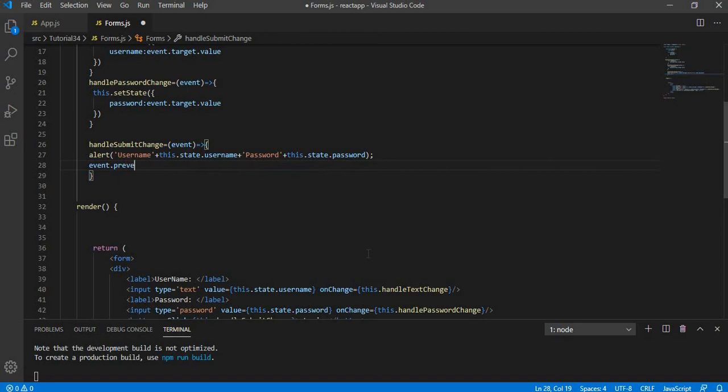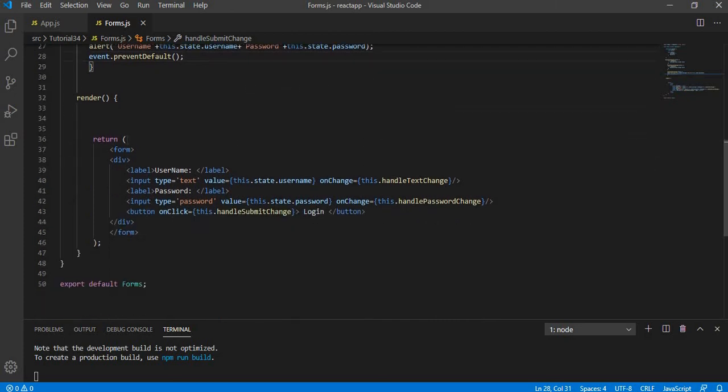By doing event.preventDefault, which is also an inbuilt method, it will prevent your browser from getting refreshed. So we have created form elements, and inside the form elements we have the username and the password. And in case you want, you can also include a lot of things like drop down, radio button, checkbox as you wish.